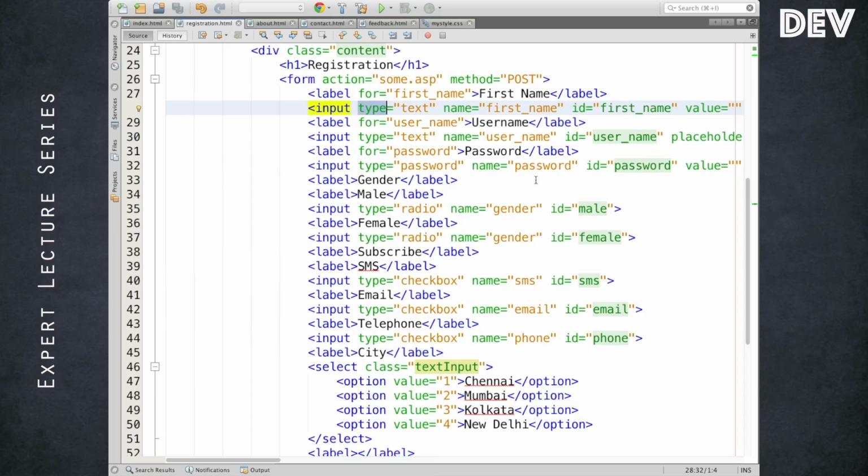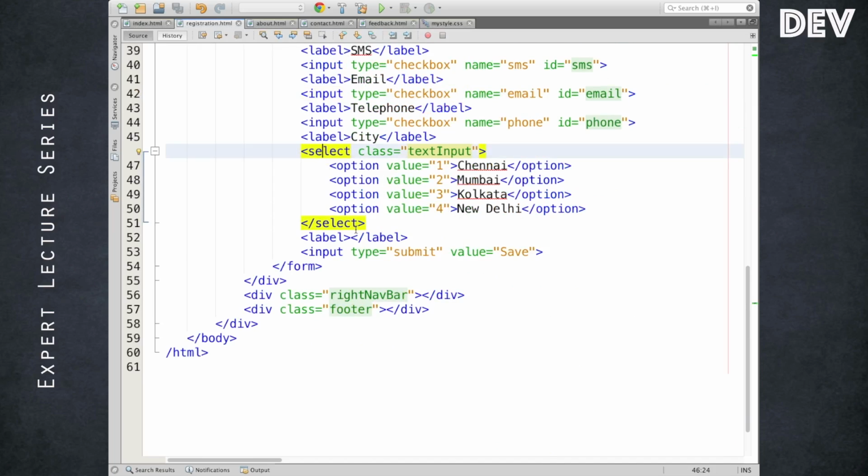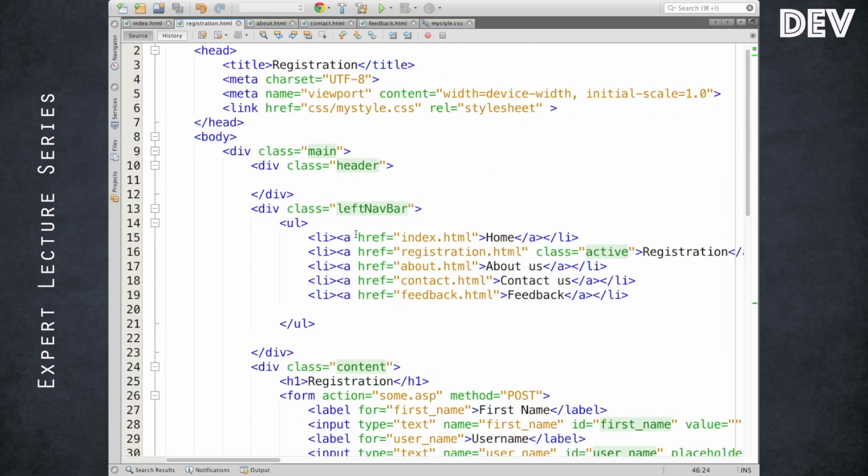We have various type values: text, password, radio, checkboxes, which we use quite often, and we still have more type values according to the HTML5 documentation. And of course we have seen the select option, which is a drop down value, and we have also customized it in some other way.